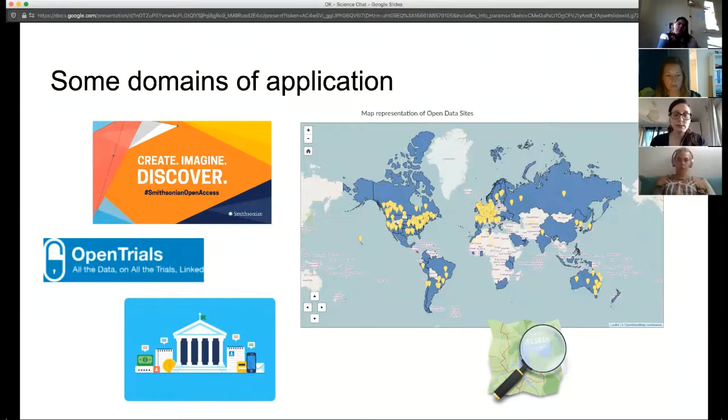Open trials, for example, is something that, if you think about it twice, should be common sense. But for most medicine trials, for new medicines, like clinical research trials, the information was not open. So it was very difficult for someone in another country to understand what happened in a trial somewhere else. So how are you advancing? You will see that in science and medicine, it's very clear how paywalls and closed data are broken. And finally, government. Government was, again, one of the first domains where open data started growing, because of transparency mostly, and where the funds are going.